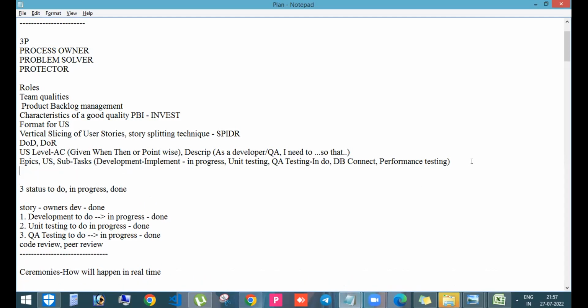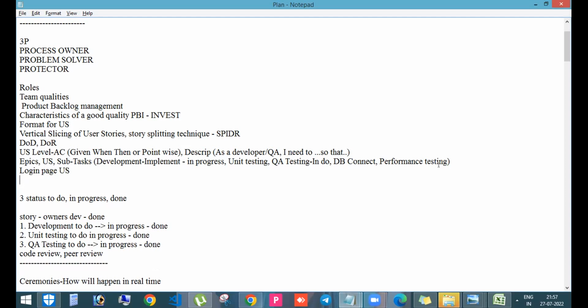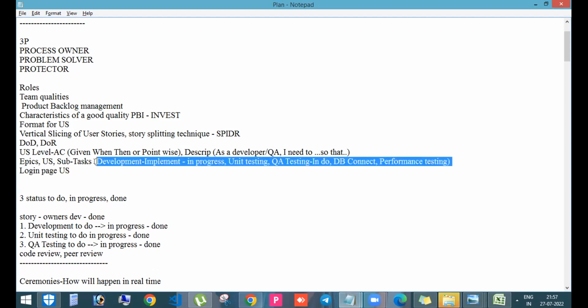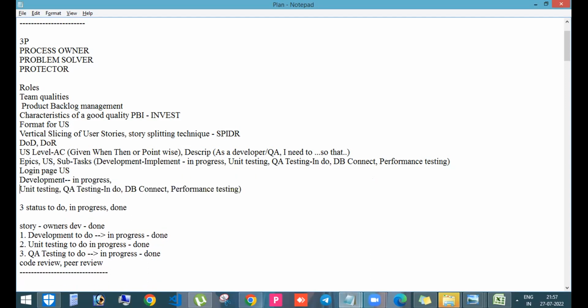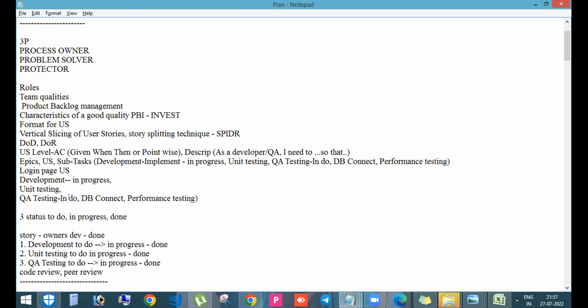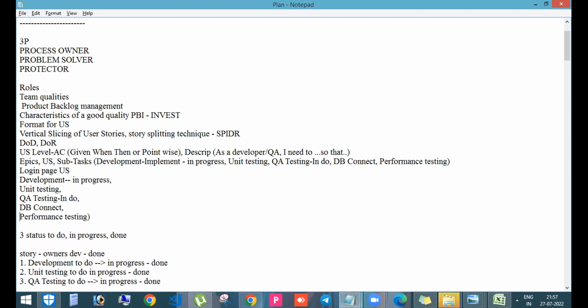Okay, let me explain. So you're having a login page. For one login page, you're just having one user story, right? So this is the user story, and you're having these subtasks. I will just tell you in a very clear manner so that you will be able to understand. DB Connect or